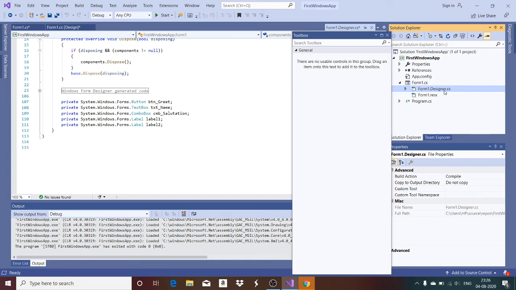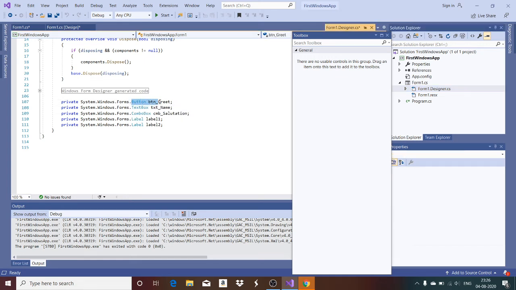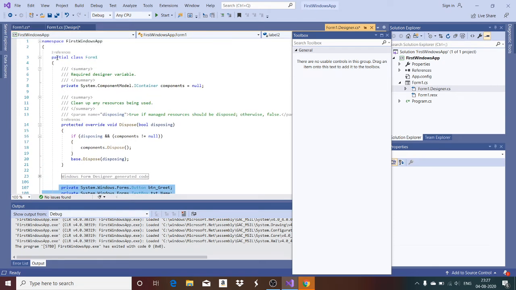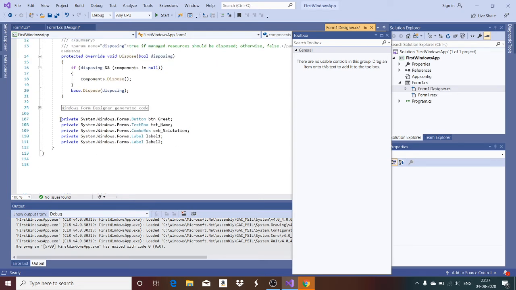When you open designer.cs, you can observe here it is having a button object as a member, the text box which we have added, the combo box which we have added, and the two labels we have added. So these are the 5 different objects, or you call them user controls, or common controls, that are added in the form1 object. You can see here the class name is form1, and for form1 these are the different data members that are available.